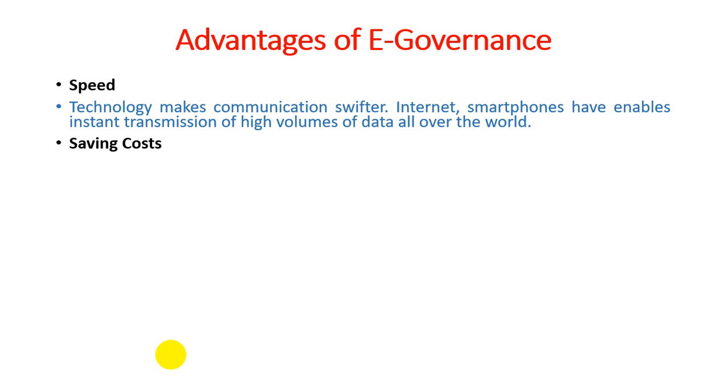The second one is saving cost, because we are saving a lot of cost by using different services without going outside of home, like food services, recharge, banking, transactions, loans, and lots of things we can purchase within a single click on our mobile phone. So we do not need to go outside, and in any kind of pandemic or critical situation, we can easily get all the information within a single click. So e-governance saves so much cost.